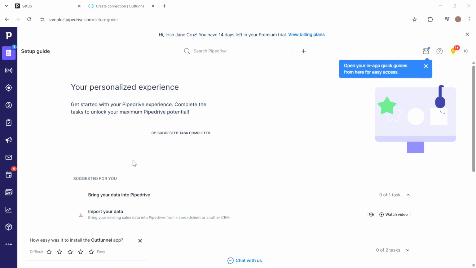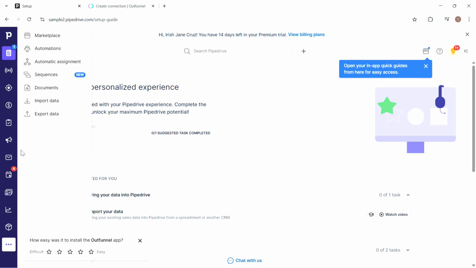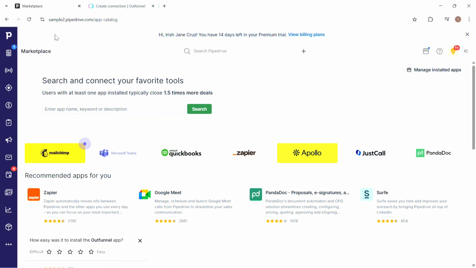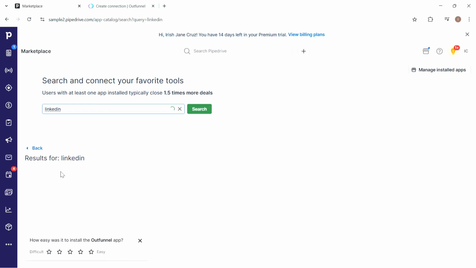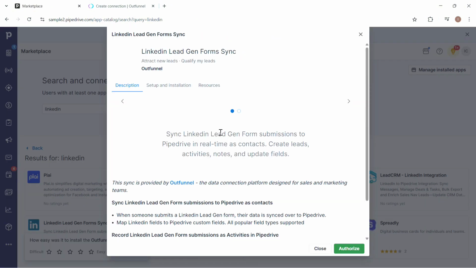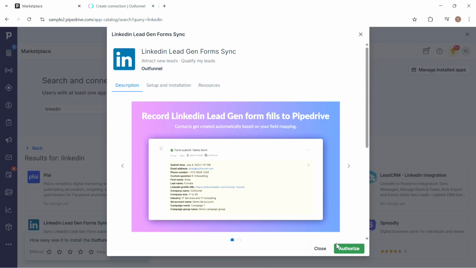Once signed in, click on these three dots at the bottom left corner of your screen and then click on Marketplace. Now, in here, go ahead and use the search bar to look for LinkedIn. So you need to look for LinkedIn for the tools that you can connect to your Pipedrive account. So in here, click on this LinkedIn Lead Gen Form Sync and then click on this Authorize button at